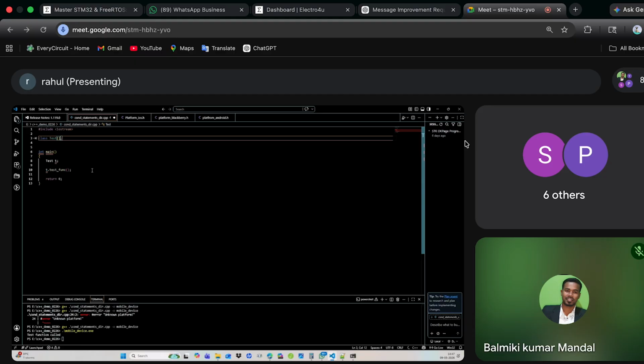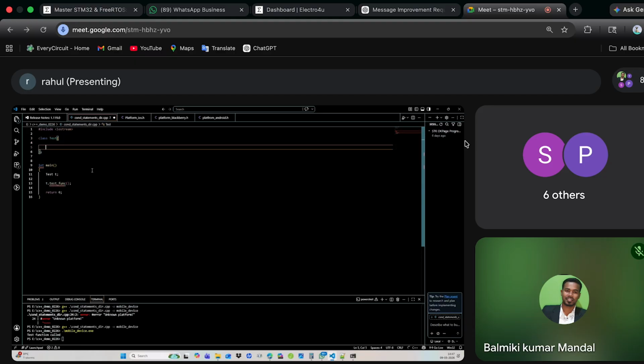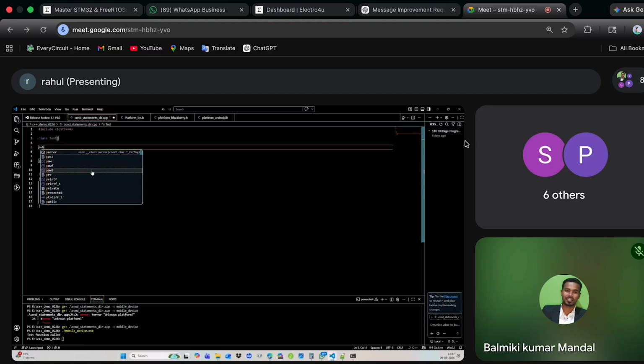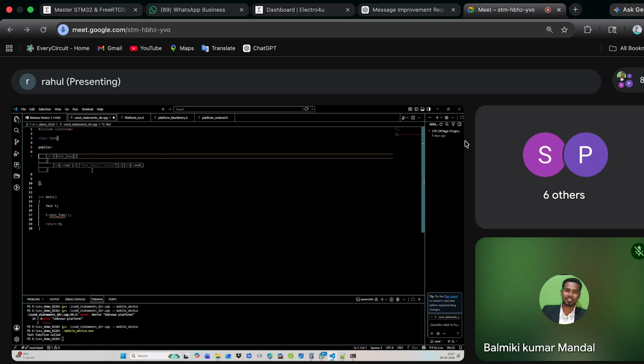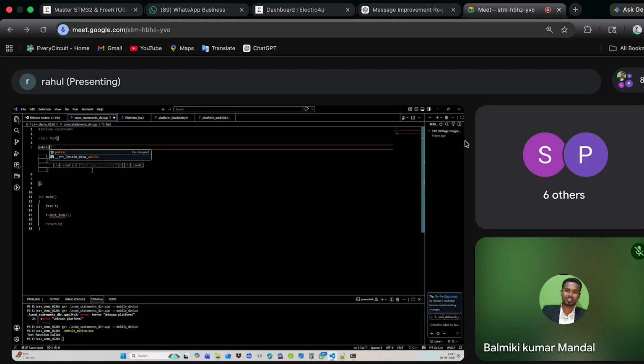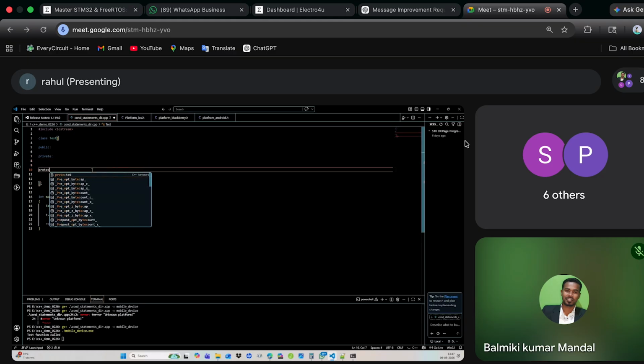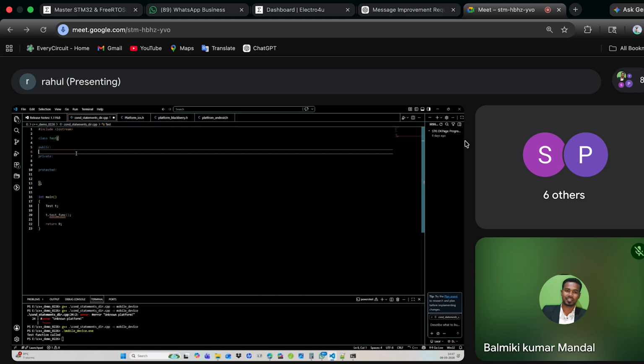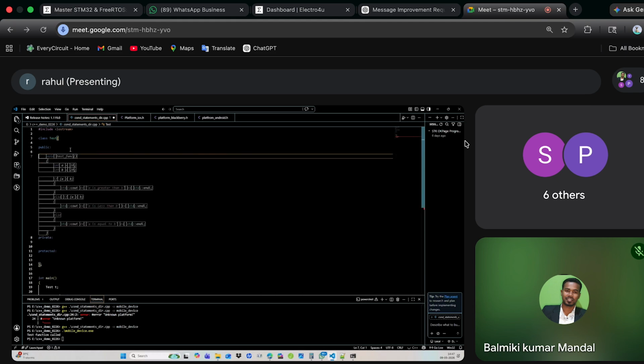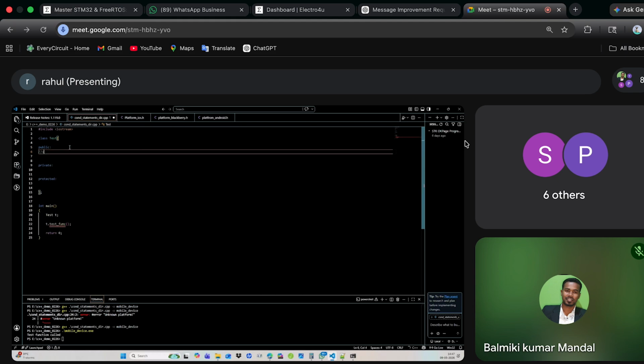We call them access specifiers, right? We have public, private, and protected. The scope of public is that any class or program can access this.